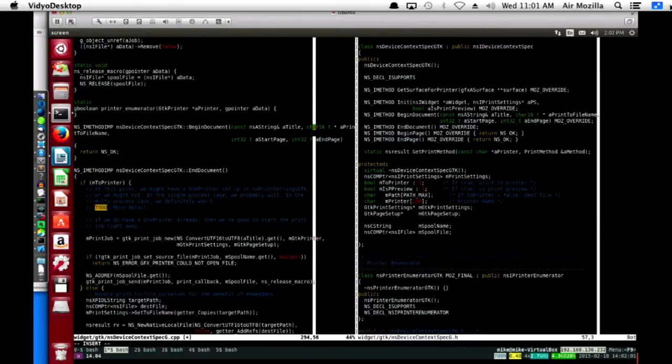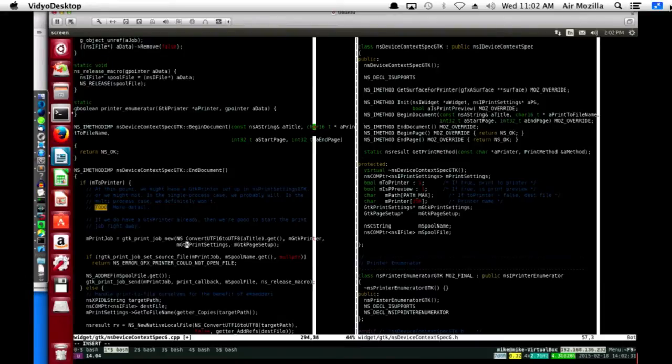Let me think here. That's fine that you can run it in here, but in the printer enumerator, when we find the printer, we also have to call print job new and then print job send. That means in the printer enumerator, we're going to need the information of the GTK printer, GTK print settings, and GTK page setup.